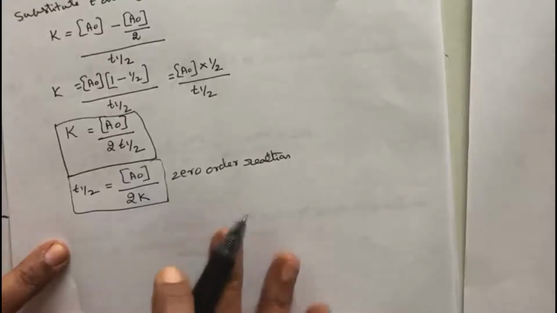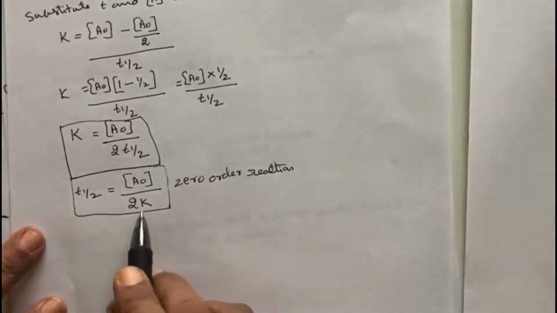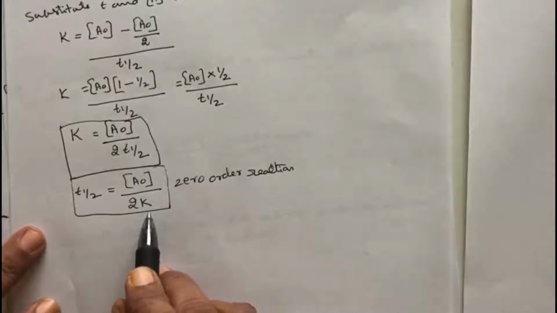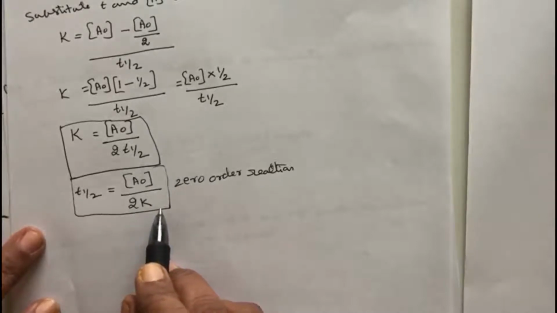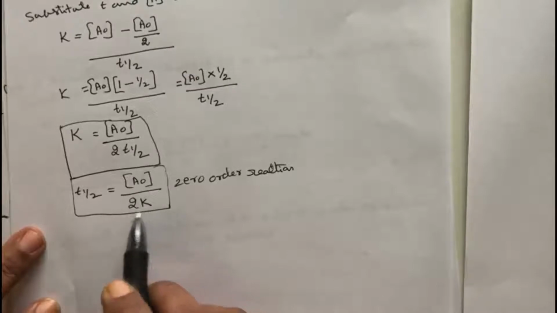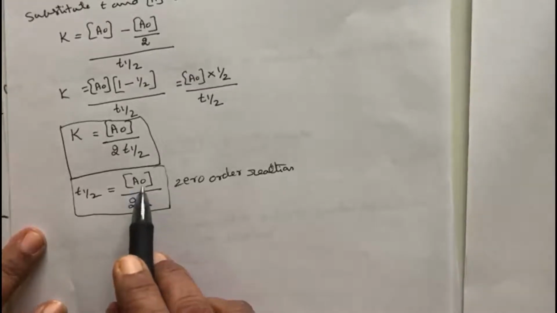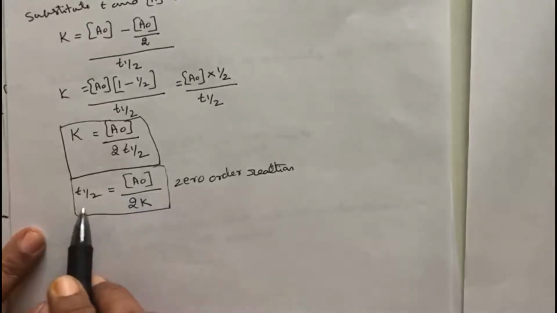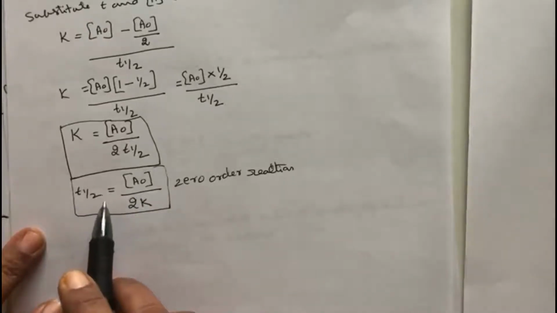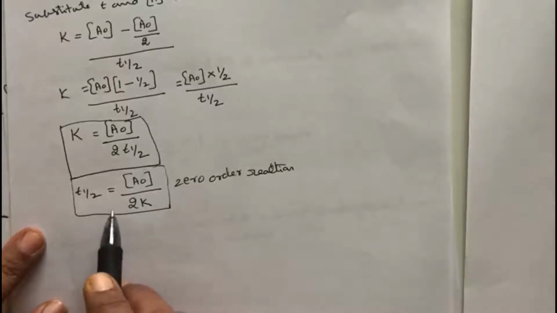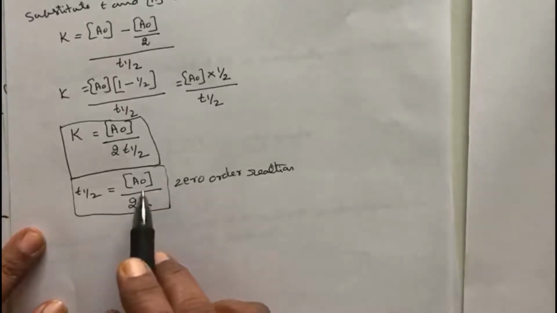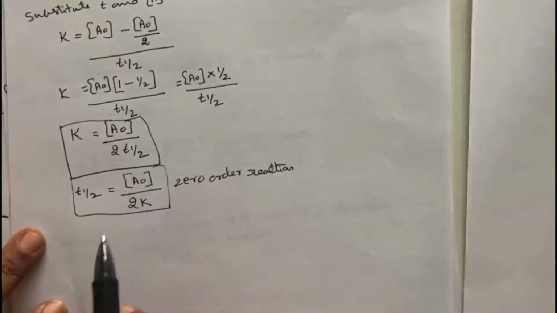We cannot find it by knowing only the K value of zero order, rate constant of zero order. We must also know the value of initial concentration of the reactant, then only you can find out the half-life of the zero order reaction. That is, half-life of the zero order reaction depends upon the initial concentration of the reactant. But first order reaction half-life period is independent of initial concentration of the reactant. Now I am going to another subtopic, that is pseudo first order.